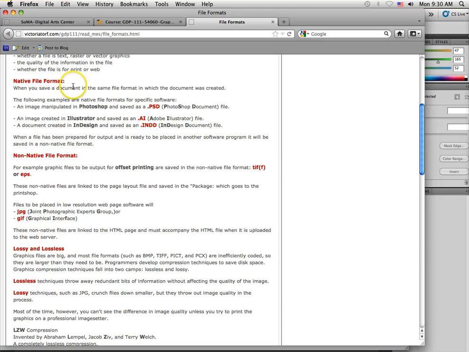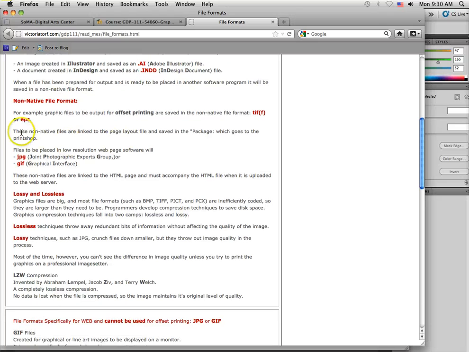So native file formats will help launch the application and helps your computer identify exactly what software was used to create it. So you understand InDesign, INDD. You understand a native Photoshop document is PSD. You also understand that AI is Illustrator. You can save Illustrator files and you can save Photoshop files in what's called a non-native format,